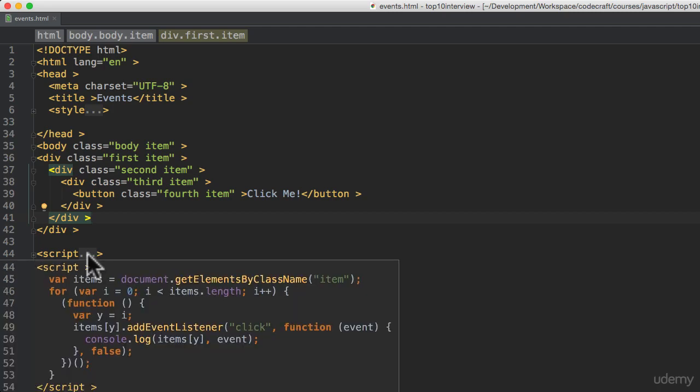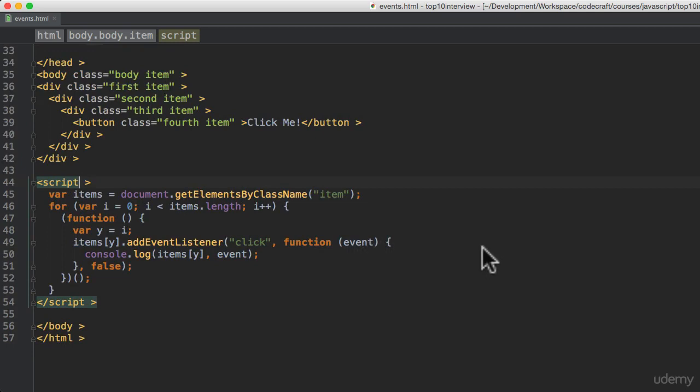I hid before. Now I'm going to show you it. And in this script tag, what I'm doing is I'm getting all of the elements which have the class item, which all of these elements do have the class item. I'm then looping through each of those elements, and I'm then adding an event listener to that element, to the